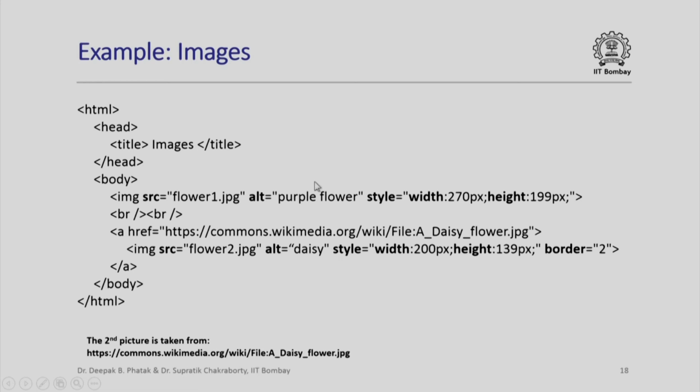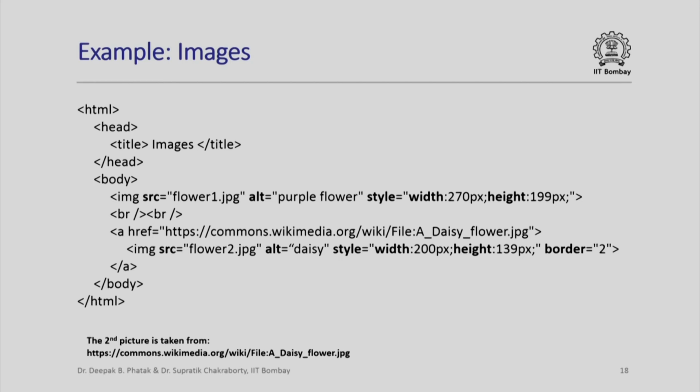Here is an example: img src flower1.jpg, alt purple flower, style equal to width 270 pixels and height 199 pixels. This will display the image of a purple flower which is stored in the local disk, because src equal to flower1.jpg means that it should be present in the current directory.